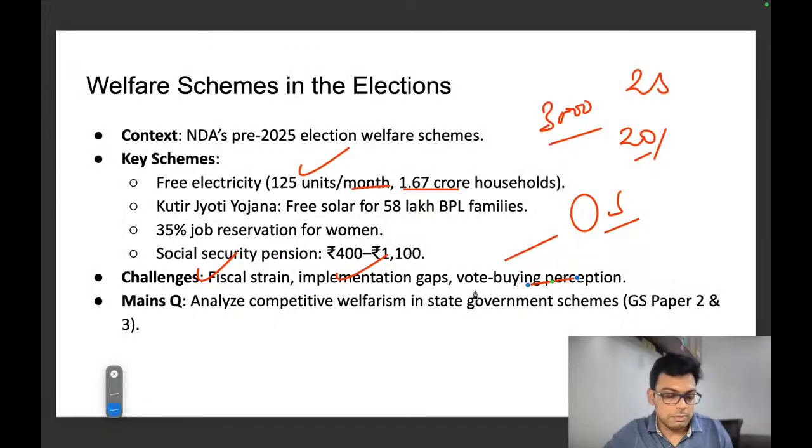For example, we have seen a lot of schemes in Maharashtra. They are having problems. The government has said that they'll be giving 2,000 rupees to farmers. Now the installment is pending. The government hasn't released that installment. So there are a lot of issues. If you don't have money, don't promise. If you have money, then spend it on welfare. Make people